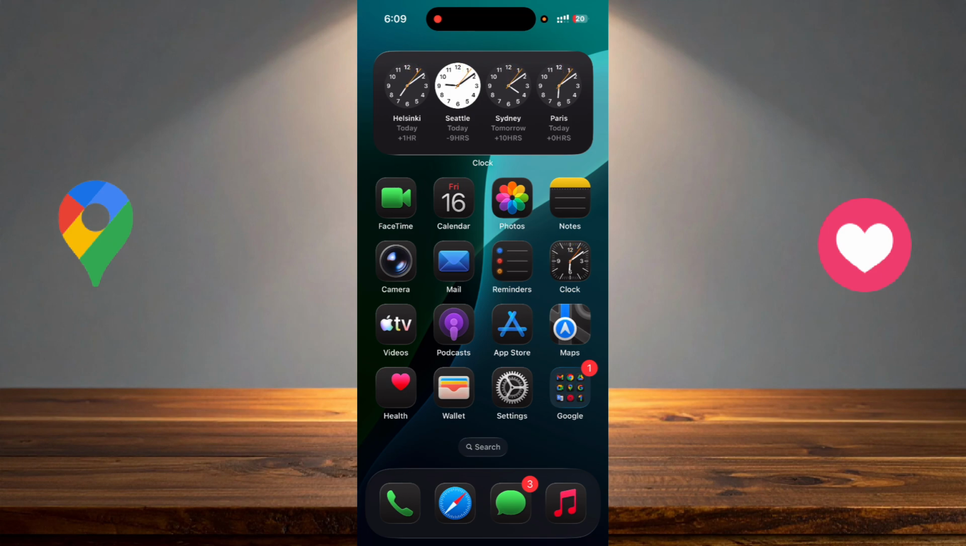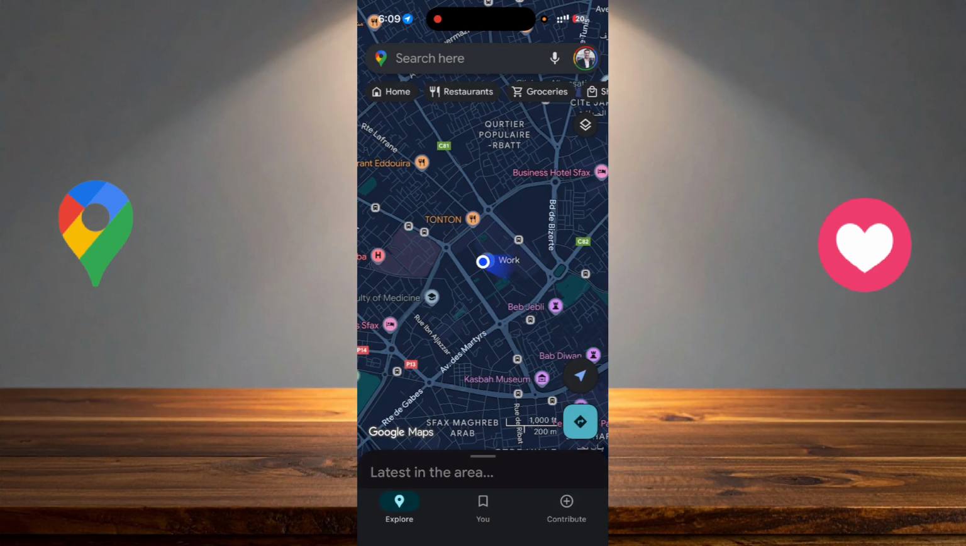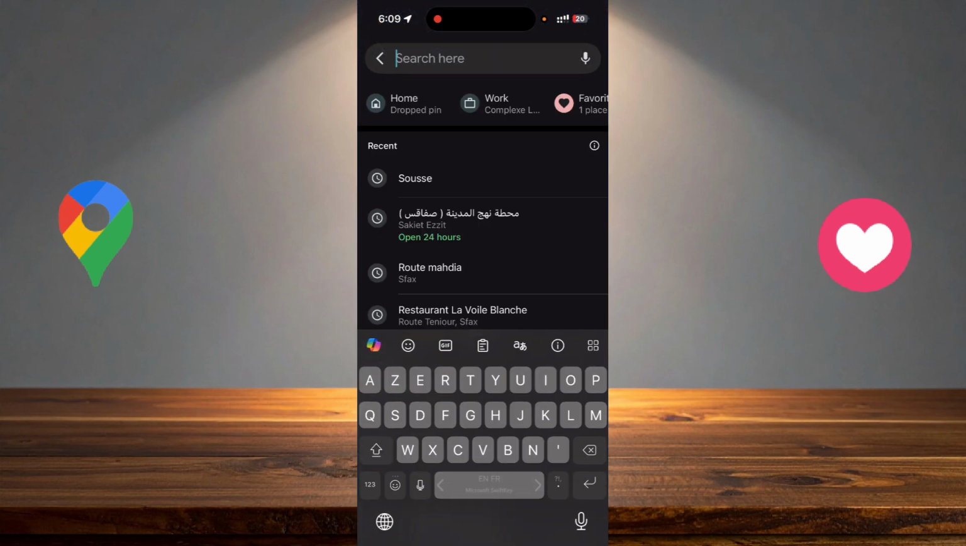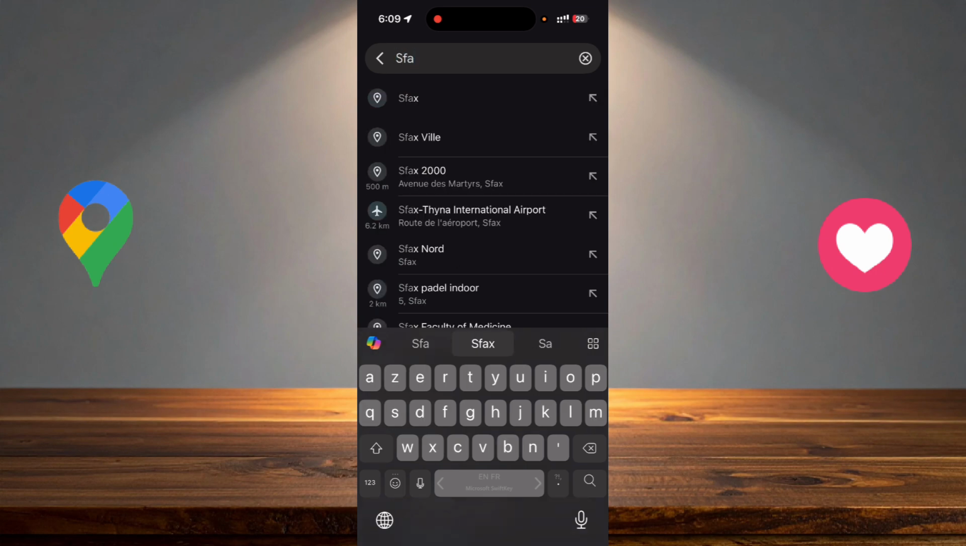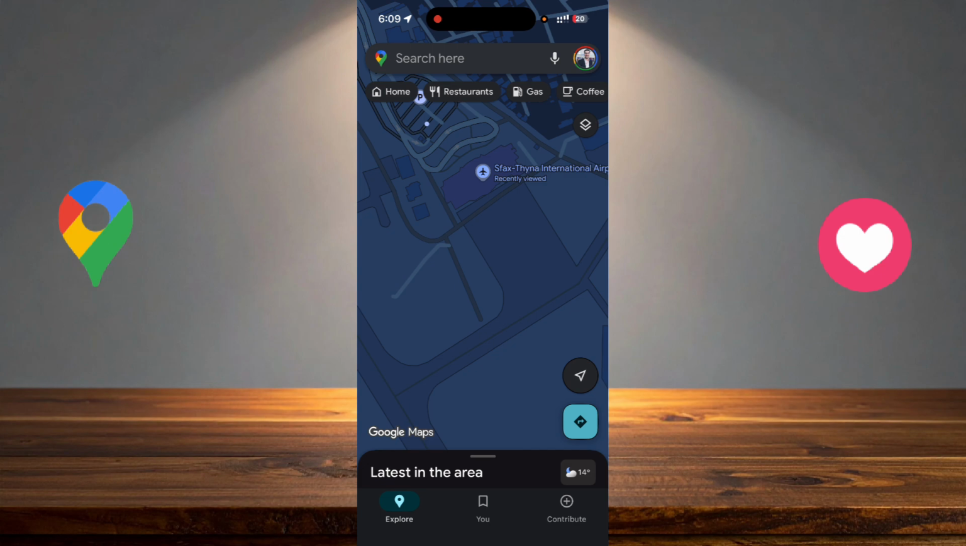In today's video, I will show you how to search for a location on the Google Maps app. So to do this, it's very easy. You have just to go to Google Maps, open it, and after that, as you can see, there is this search bar. You can use it to search for any place. For example, I will look for a hotel in my city or the airport. So this is the airport. You have just to click on it, and you have some other